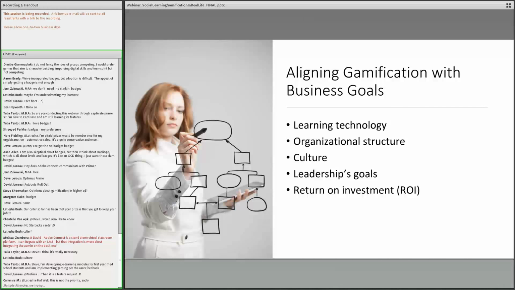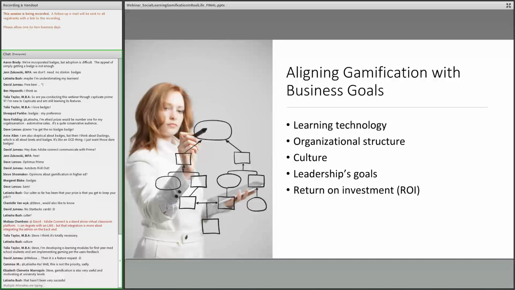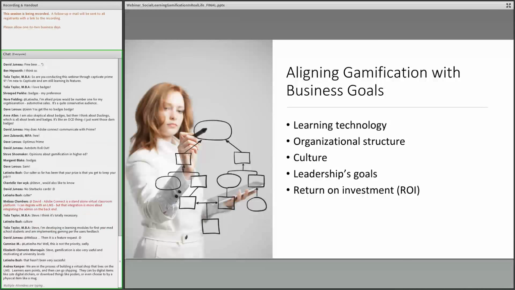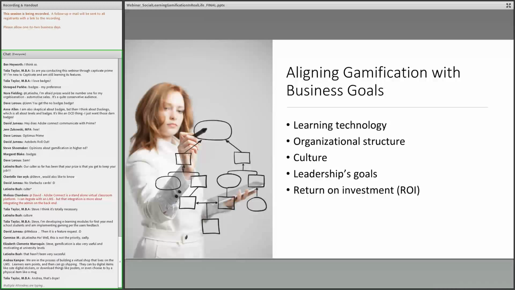Organizational structure also can influence gamification, because depending on how your divisions are structured and so on, you may want to do individual competitions. You may want to do group competitions. If you're just starting out with gamification, you may want to pick a group that's fairly forgiving and kind and do a little pilot just with that group, see how they react to it, and work out some kinks before you roll it out to everybody. In general, that tends to be a great thing to do with a lot of learning and development initiatives.